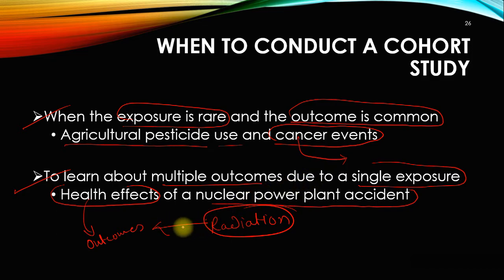That means the person, once exposed to the radiation, won't remain in that particular area after the nuclear power plant has suffered an accident. He or she will certainly move. Okay. But once that person is exposed to that radiation only a single time, it may produce long term health effects. And these won't be only a single health effect, it may be multiple effects. So multiple outcomes can be associated with the single exposure.